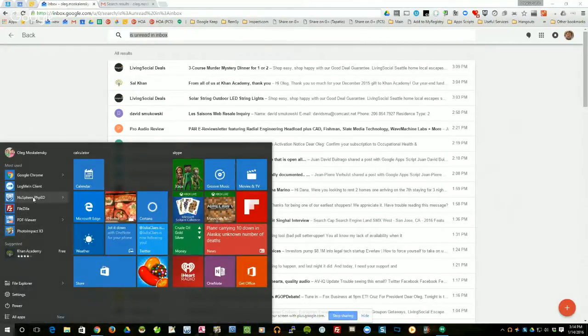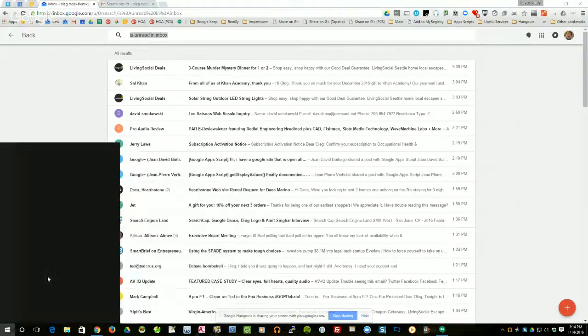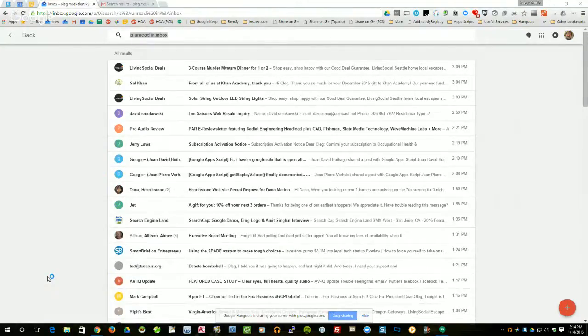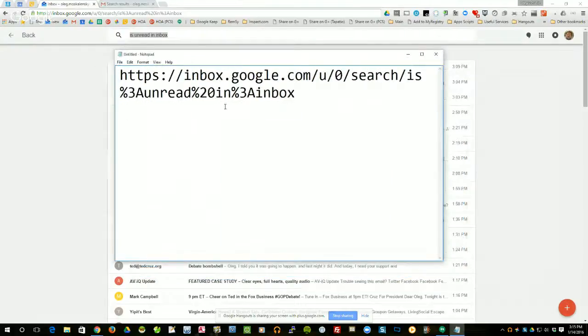Let me see here. Let's pull up the old notepad, and we'll stick it into the notepad, and we'll make it look a little bit bigger. And I'll show you here. Essentially, this is what the command looks like: